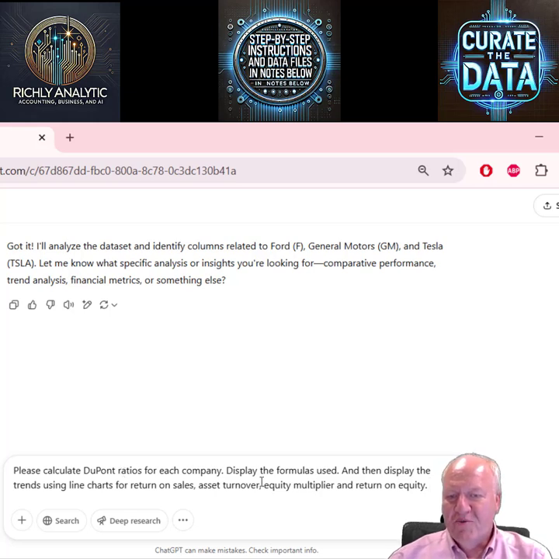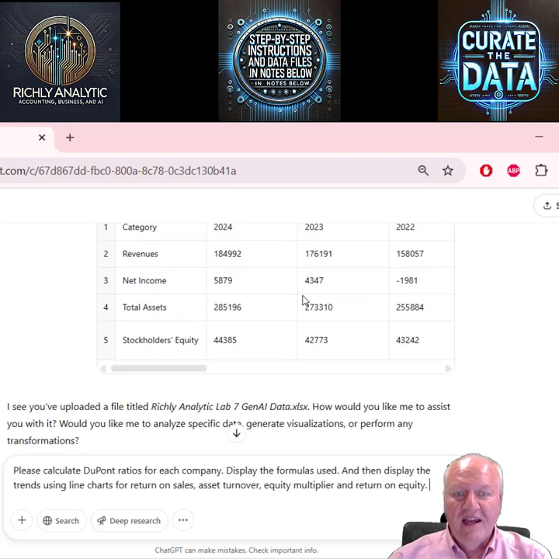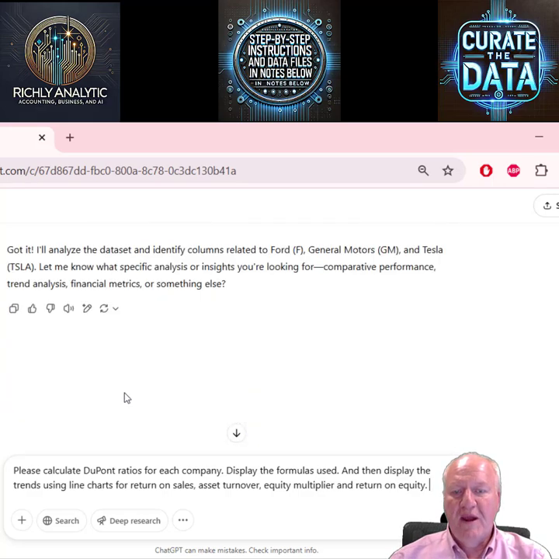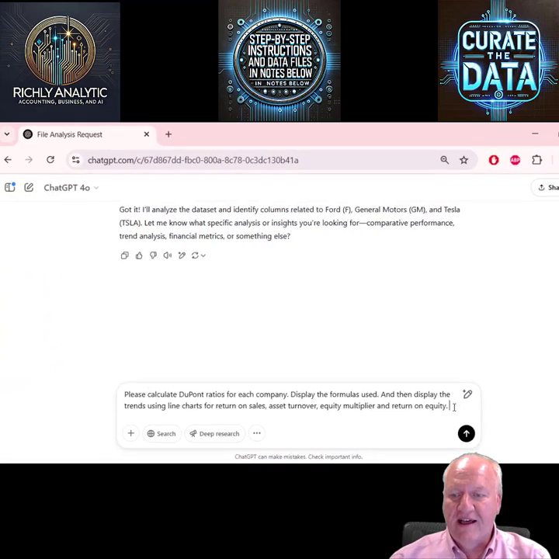But just to check, we're going to display the formulas used so that we can see. We're telling it specifically to do return on sales, asset turnover, equity multiplier, and return on equity. As we look through here, here are the component parts needed for each of those various calculations. This is a way we're going to use it to perform that analysis.